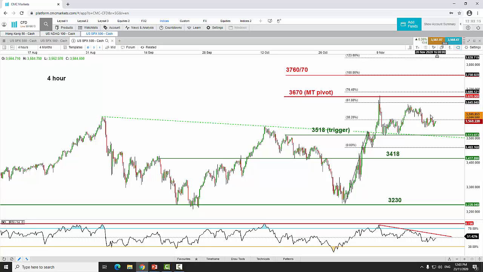But nevertheless, if we start to see a daily close above 3670, we will actually invalidate this setback scenario to take us much higher to actually print another new all-time high level at